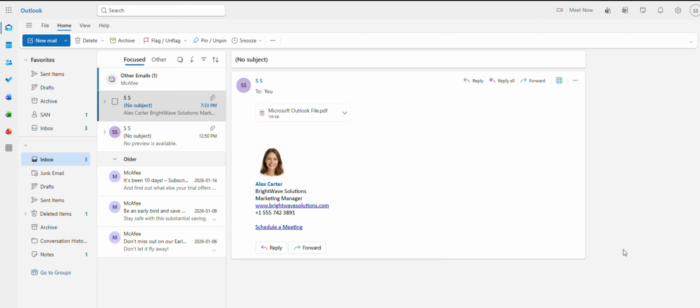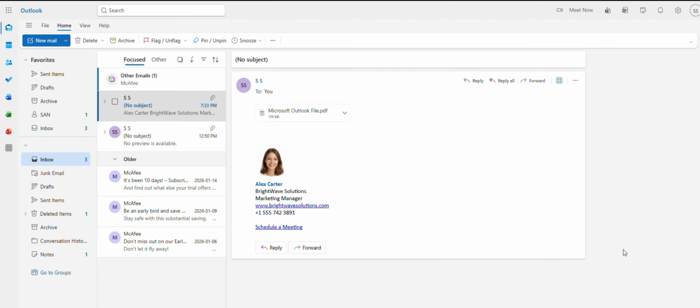I'm going to show you how you can save an attachment to OneDrive that you receive in Microsoft Outlook. Here, I have already opened an email with an attachment, so I can quickly show you the options available for handling attachments in Outlook. We often receive many emails with attachments, and sometimes it can be confusing to decide what to do with them. In this video, I will show you how you can save those attachments to your personal